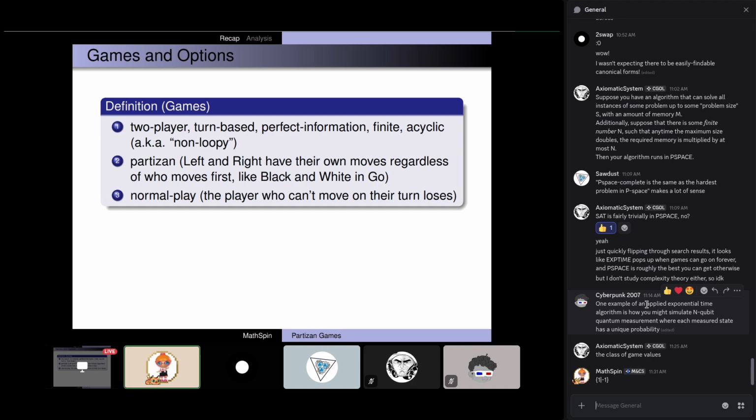But yeah, so this game I put in the chat, where left can move to 1 and right can move to -1, is a game and it's not like a number. It's not like a number for a couple of reasons. One, it's incomparable to some numbers like 1 and 0 and -1, and also all the numbers in between, like a half. And another way it's not like a number, which would maybe be a follow up talk about how games that act like numbers work,